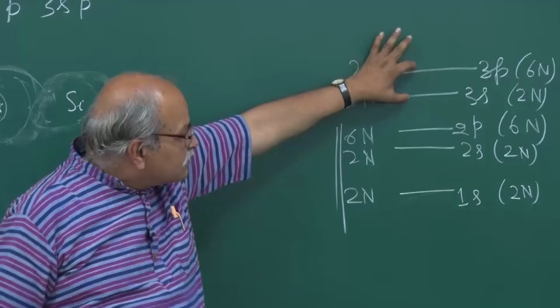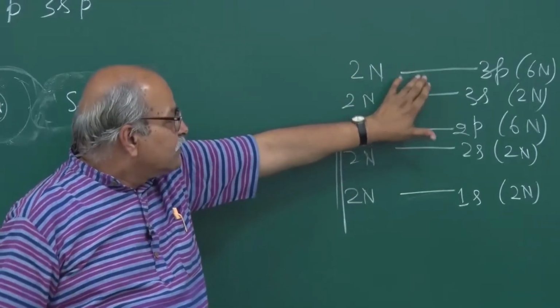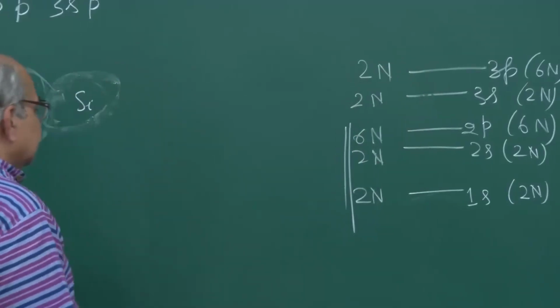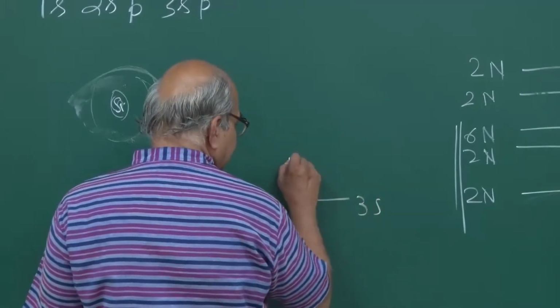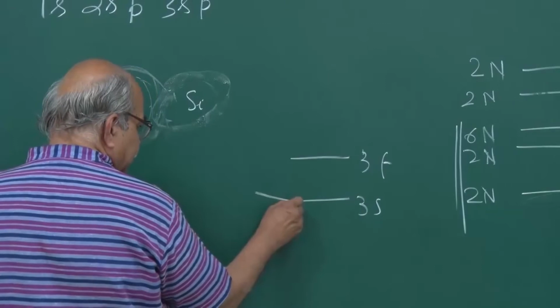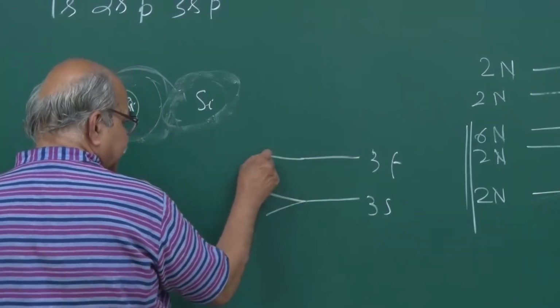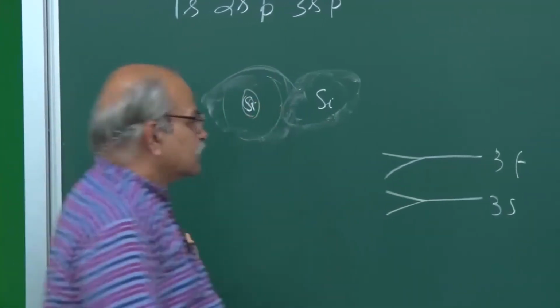We are mainly concerned with 3s and 3p. So let's draw once again. This is 3s and this is 3p, and this broadens, this also broadens. Okay, and then the overlap starts,